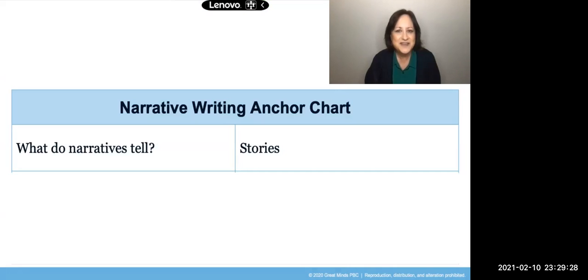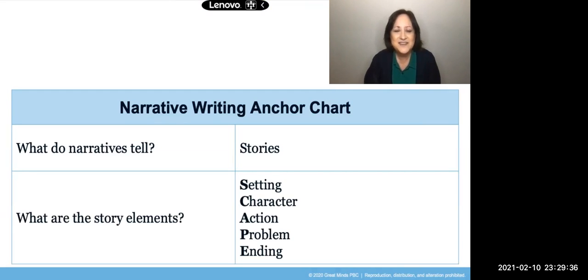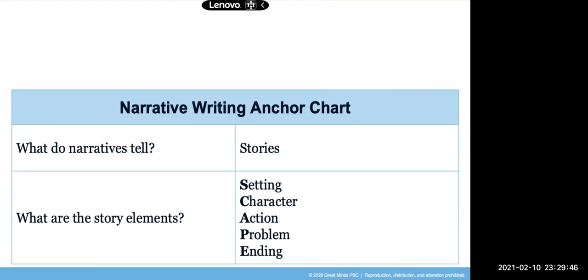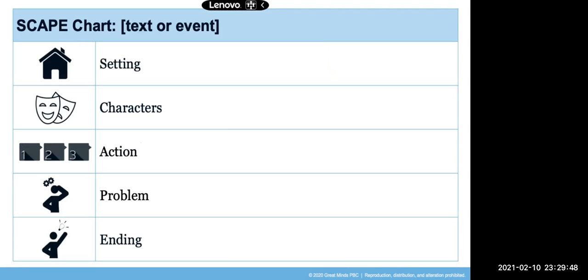Narratives tell stories, and they tell stories that usually follow a sequence and show the passage of time. Narratives also have story elements. They have a setting, characters, a problem, actions, and an ending. Since narratives tell stories that have story elements, the scape chart is so helpful when you want to write your